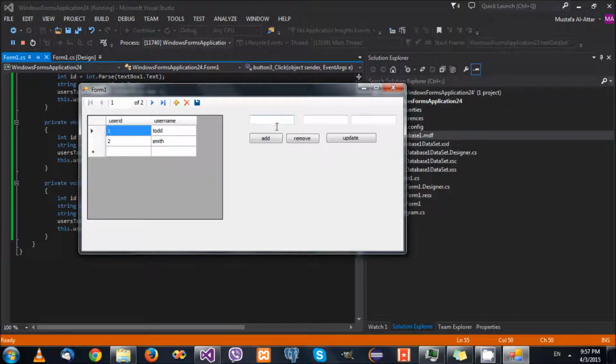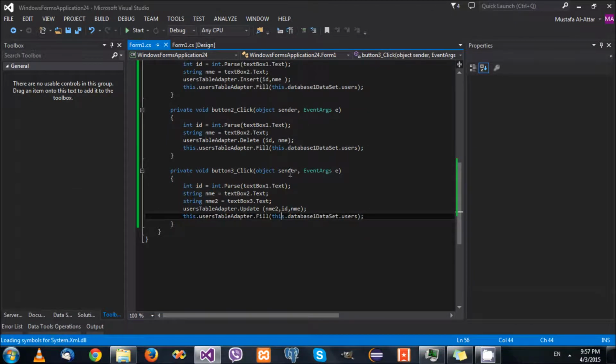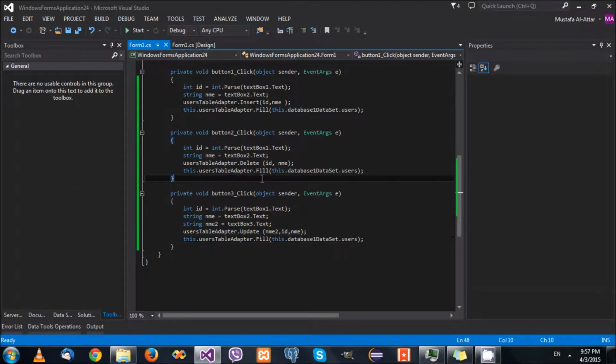So here I'm gonna say to Smith. I'm gonna say, and I press update, and you see it get updated successfully. Okay, so you can see it's very easy to perform insert, delete, or update on the database. You just type the name of the adapter followed by the method. Okay, and now again, you might be wondering, well,